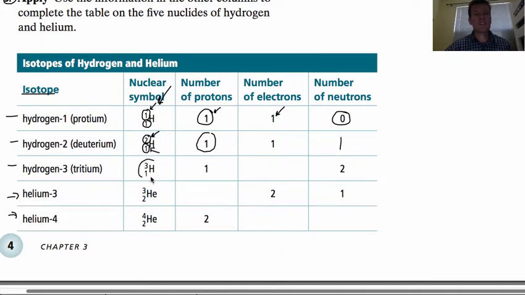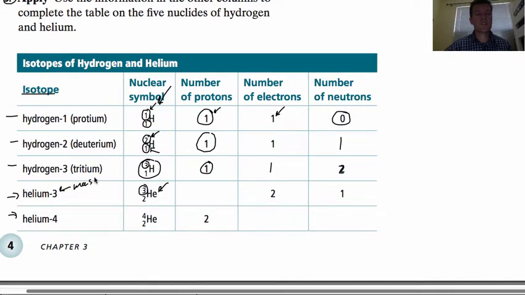If you've got hydrogen 3, well, you always have 1 proton, and you must have 2 neutrons to make a total mass of 3, and you're always going to have the same number of electrons as the number of protons in a neutral atom. Helium, if you've got helium 3, notice it's helium 3 here,